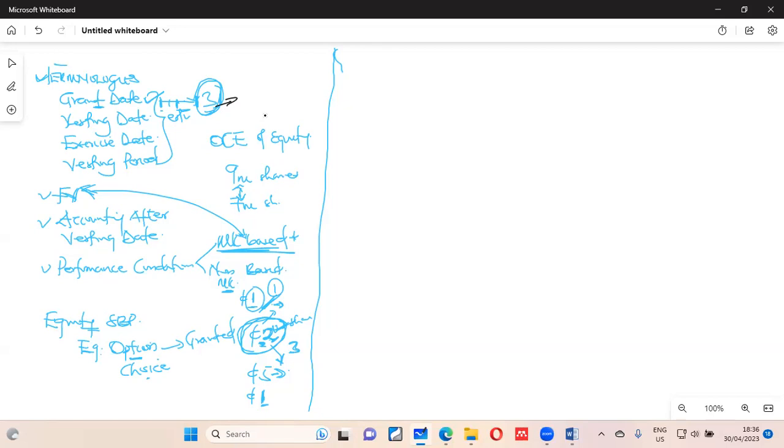So we said that in accounting at the vesting date, the only thing that will affect your accounting treatment is the non-market-based conditions. Because you know what? If the share price is 5 cedis and the company is going to sell it to you at 2 cedis, it means that the company is going to bear the difference as a loss, which is 3 cedis.